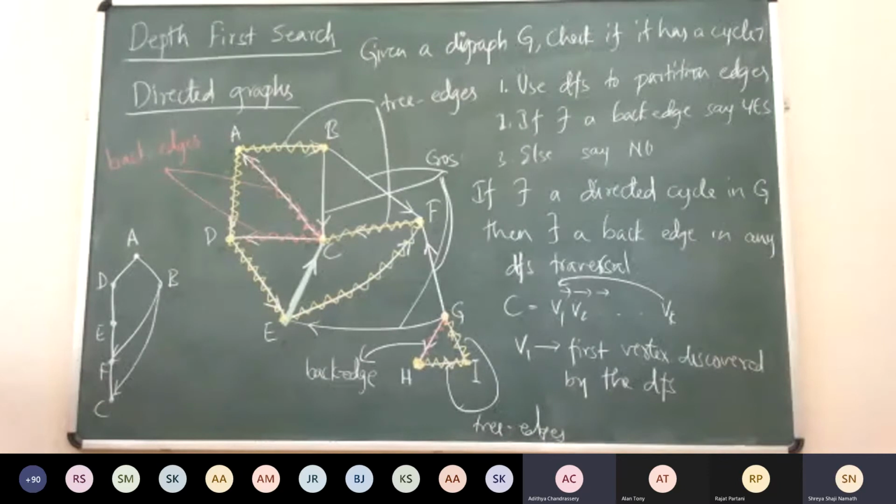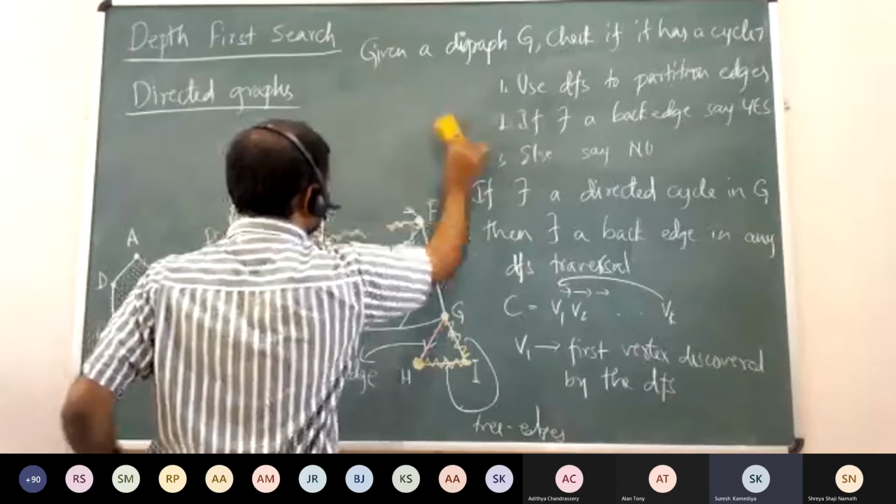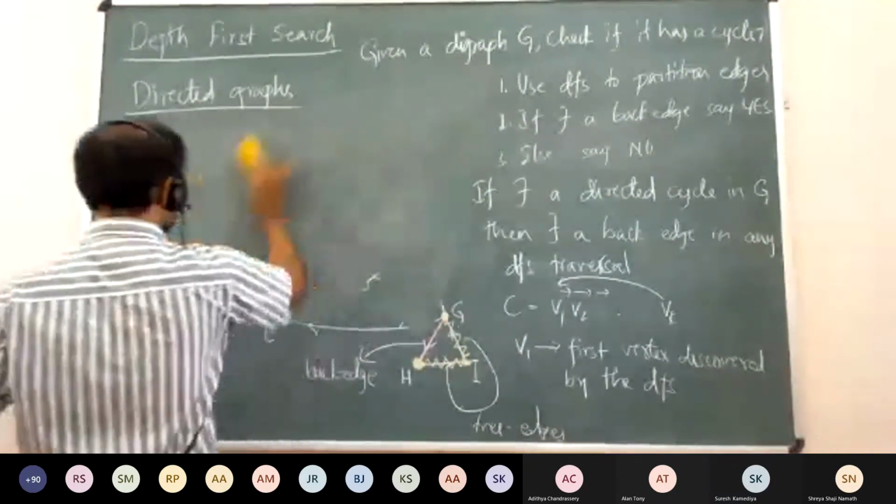How? A cycle is supposed to be connected, right? Yeah, but it could be in a different component, where we have not started the DFS, and we haven't proved anything with respect to that yet, right? So one thing is that if there is a cycle, then there will be only tree edges and a back edge in that cycle. There is not any forward edge or cross edge. Why? The graph itself is not a cycle. But if you have taken a cycle from V1 to Vk, then it will only consist of tree edges and a back edge. Why? Some of those cycle edges can be forward edges, right?